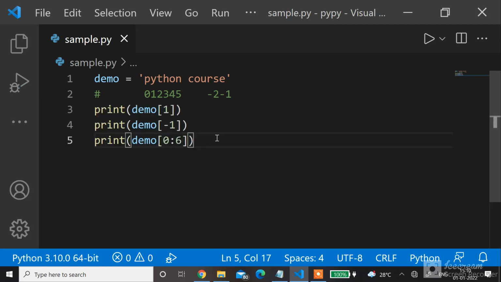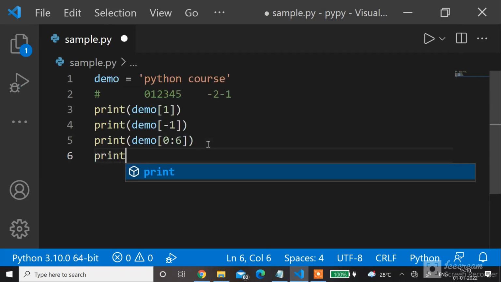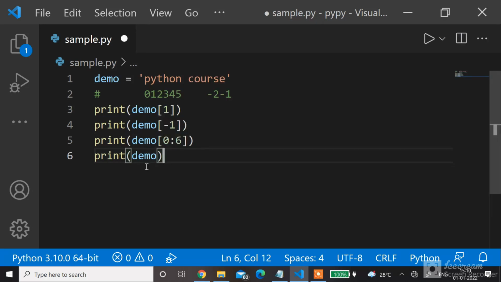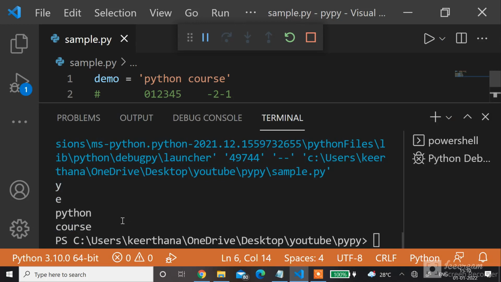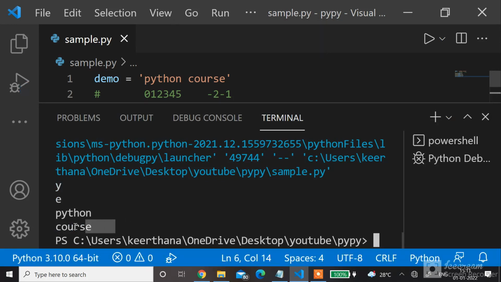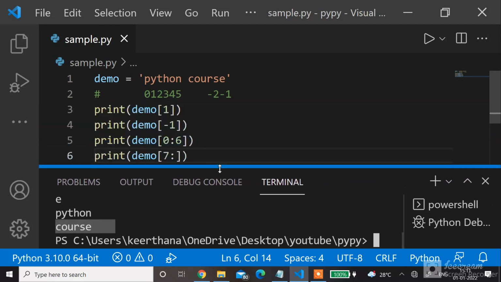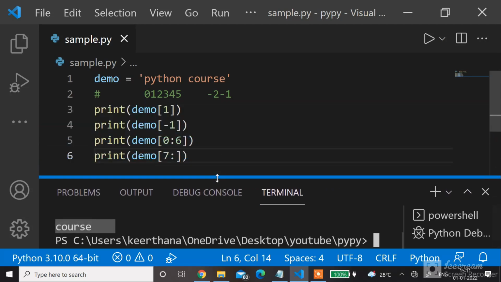If you want to print course from the string, then print of demo of 7 colon and leave it and close the bracket. 7 is the starting index of course, and in the second position we don't mention any value. In that situation, Python prints up to the very last character in the string. So we got the output as course.